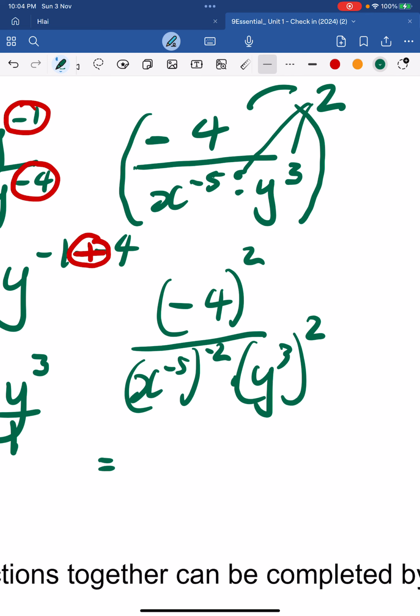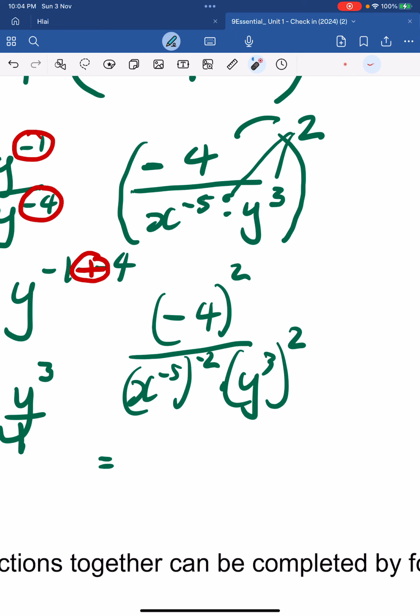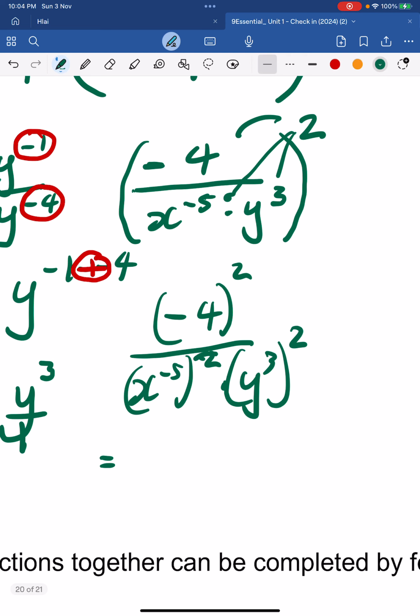-4 squared, that would be positive 16 here. -5 times -2 would be -10, positive 10, sorry. That would be x to the positive 10. Sorry, that's a 2 there, right? So let me just make sure that's very visible. That's a 2 that we're distributing the power, right? -5 to 2. So that's 16 divided by x to the -10 times by y to the 6,